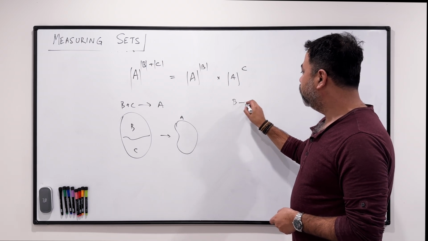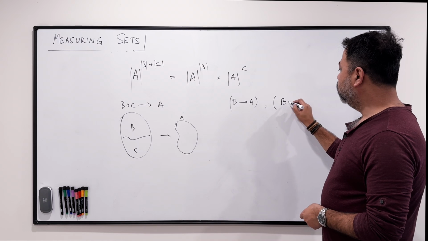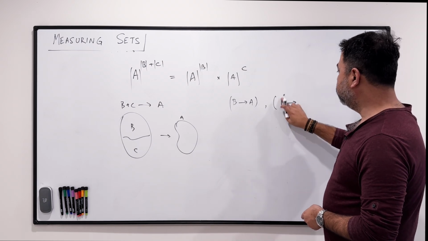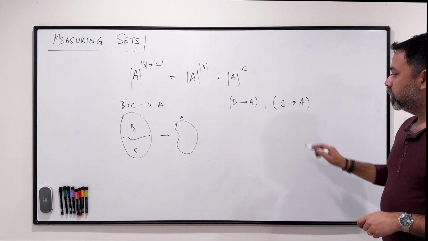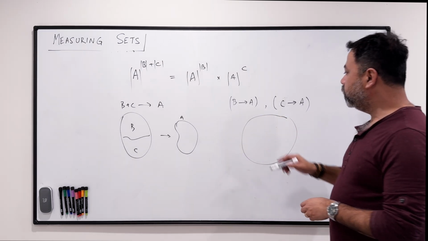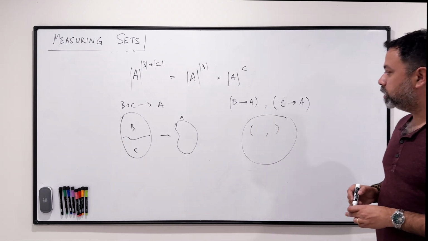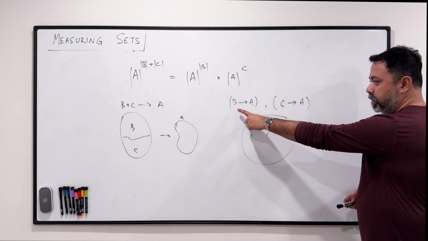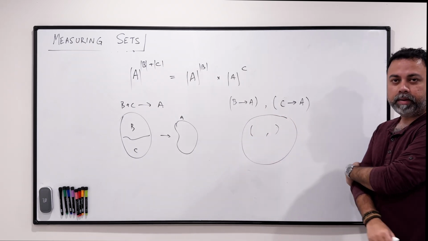One of them maps b to a, and then another one maps c to a, right? So there's a bunch of functions that we have to define here, but they are not single functions, they are pairs of functions. And that will tell me how to map elements from B and how to map elements from C,